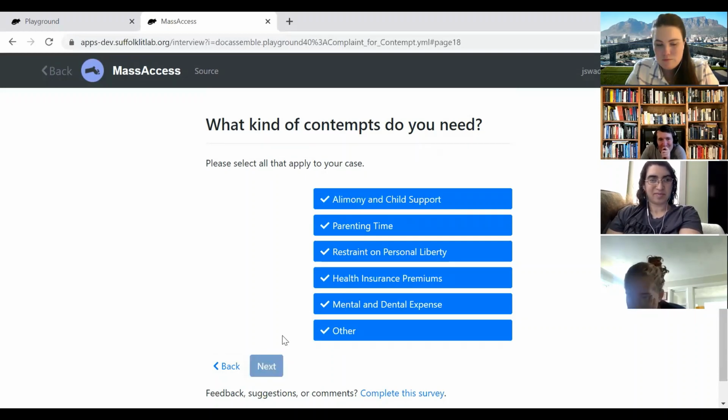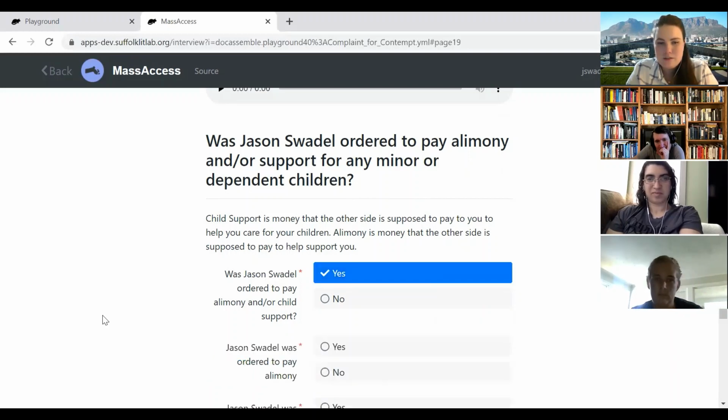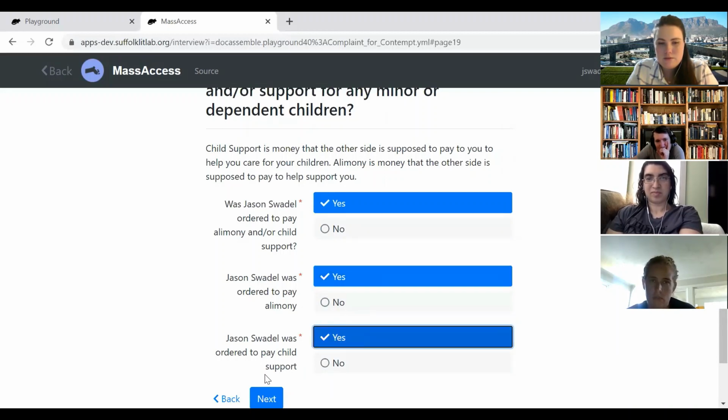All right, so then this is the reworked alimony page, and see here, it would say child if we had selected one child, and then we added the defendant's name into all the questions. Okay, so here, can I just say something?